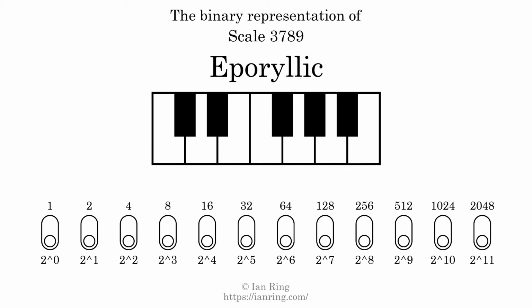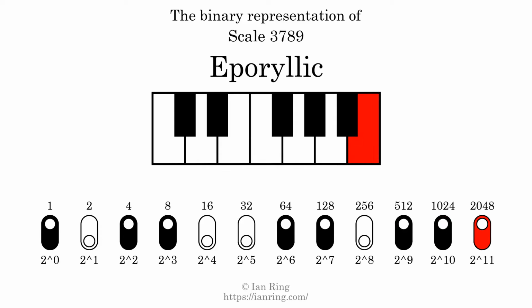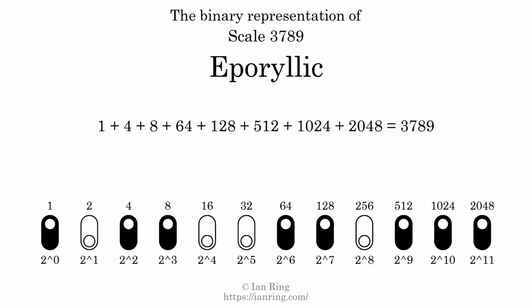The binary representation of this scale is determined by mapping tones of the scale to binary digits. Each binary digit represents a power of 2. To get the scale number, we add the powers of 2 together. The powers of 2 that are present in the scale, all added together, equals 3789. That is why the scale number, in decimal, is